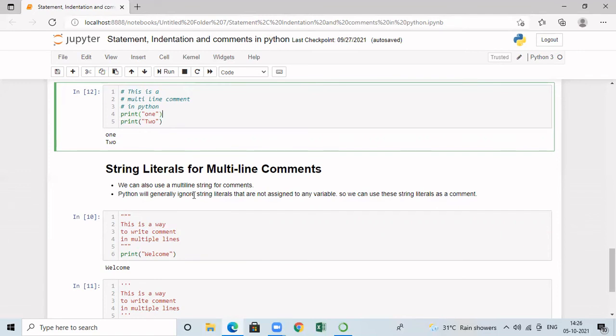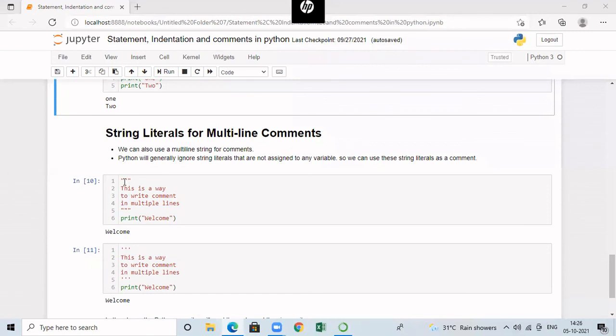Python will generally ignore string literals, which are nothing but string constants. When these string literals are not assigned to any variable, the Python compiler will ignore them, so in that case we can use them as comments. Once you assign it to a variable, it is not a comment.